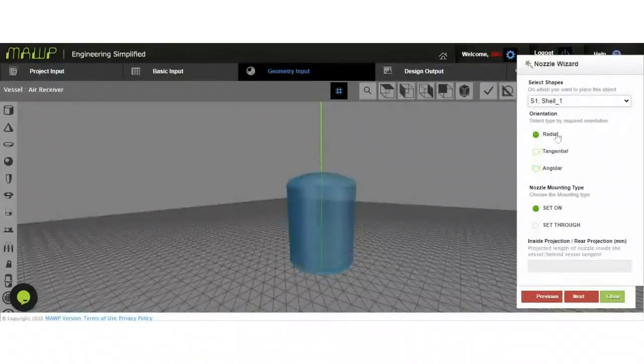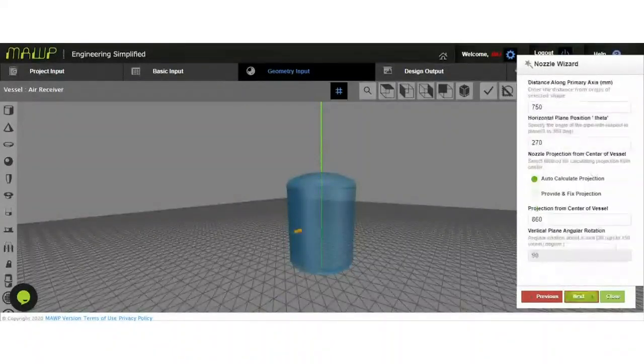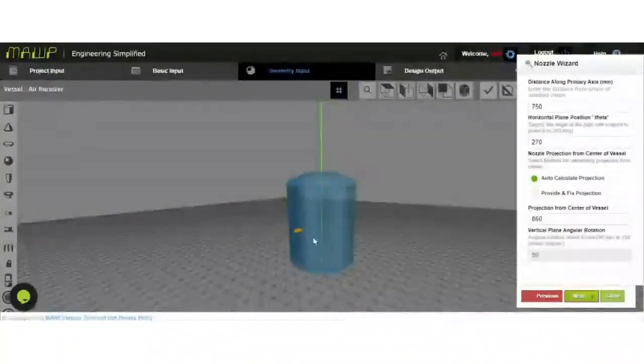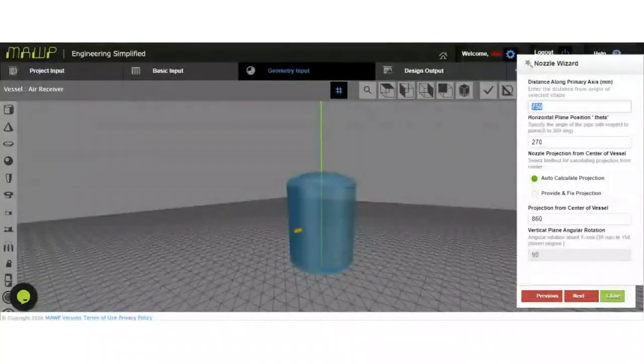And what type of nozzle orientation? We'll go for radial right now. There are three types: radial, tangential, angular. We'll go for set on. While providing the distance on the axis, for x we have given 750. We'll go for 900. We'll change the dimensions. For the horizontal, we'll go for 270.